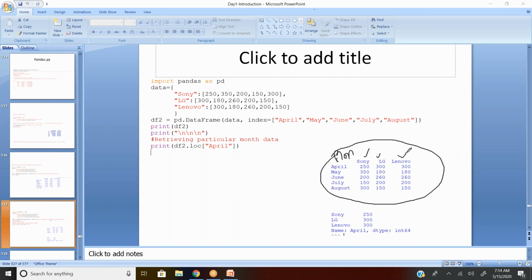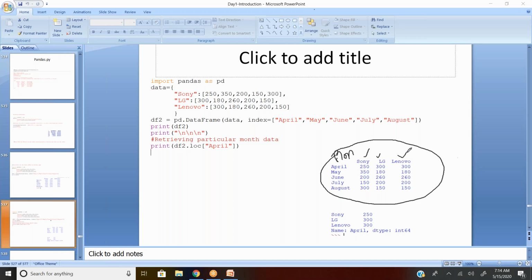Now you want to extract a particular month, nothing but a particular row. When you want to extract a particular row, there should be a key to extract, right? So what is our key here? Month only, no? Month is nothing but a string or a character.